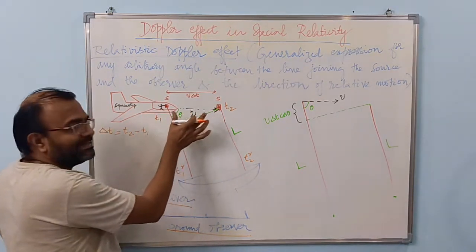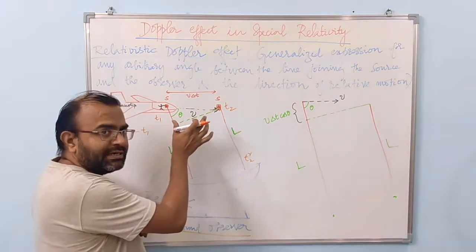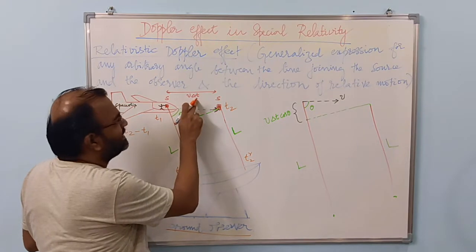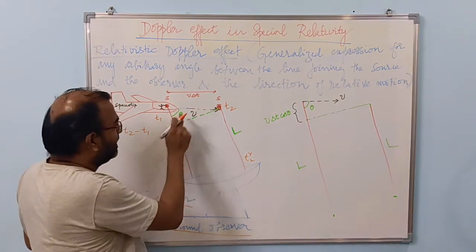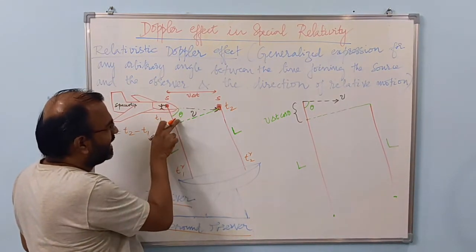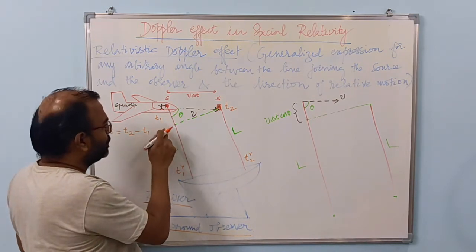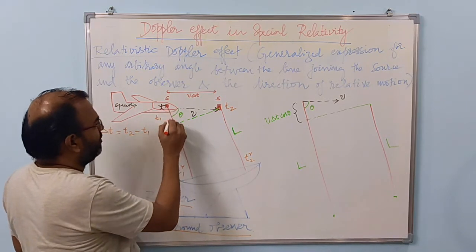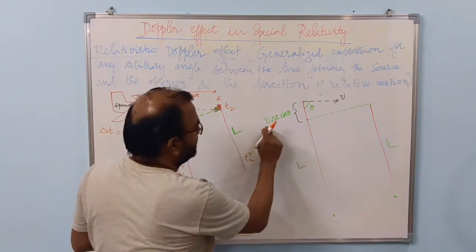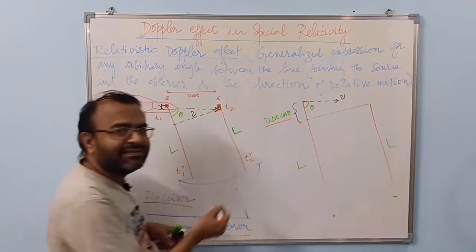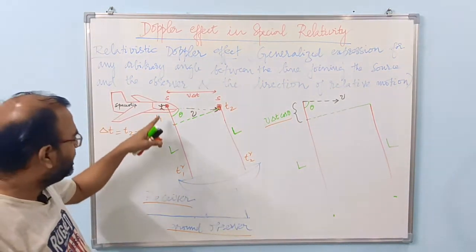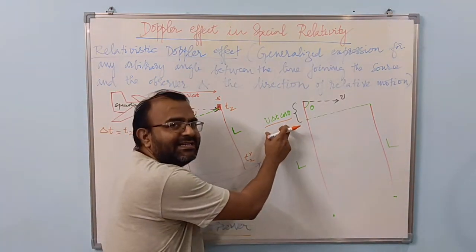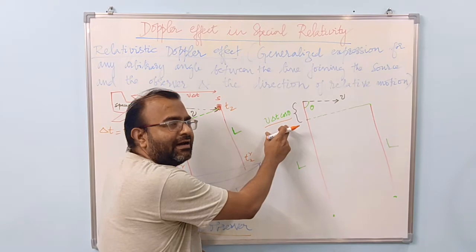So the distance the spaceship moves in the time in which it sends two successive signals is v del t, and therefore this vector v del t is making an angle theta in this particular direction. So this particular portion, from the source to this particular point, is written here as v del t cos theta. So the first signal has to travel an extra distance of v del t cos theta compared to the second signal,